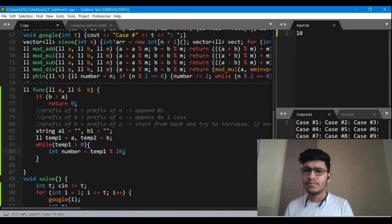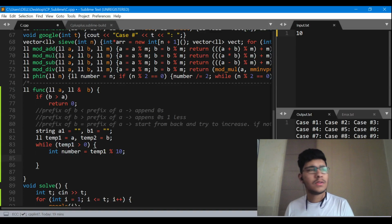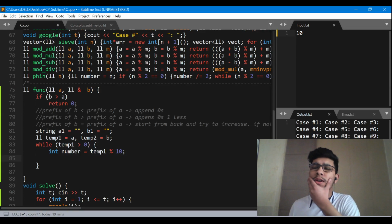Modulo 10. Should it be modulo 10? Yeah. And then we want...